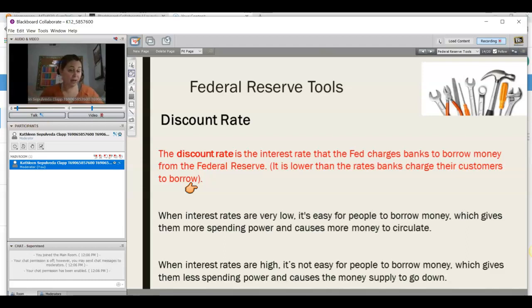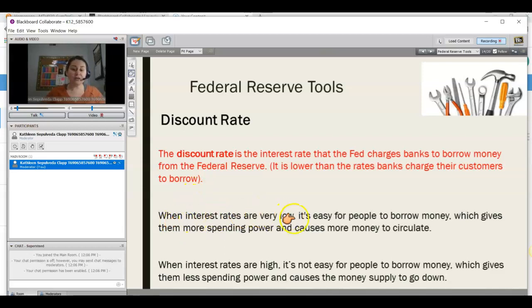Okay, that's not bad. But if the Federal Reserve is going to loan the bank at 5%, which is pretty high for that particular loan, and the bank still wants to get their 3%, what are they going to charge that customer? They're going to charge that customer 8%. Okay, now that's high. And so again, you kind of watch what the Federal Reserve does. If the Federal Reserve interest rates are low, then obviously at the bank, you're probably going to get a lower interest rate. If the Federal Reserve rates are high, you're probably going to get a very high interest rate, whatever you may be borrowing for.